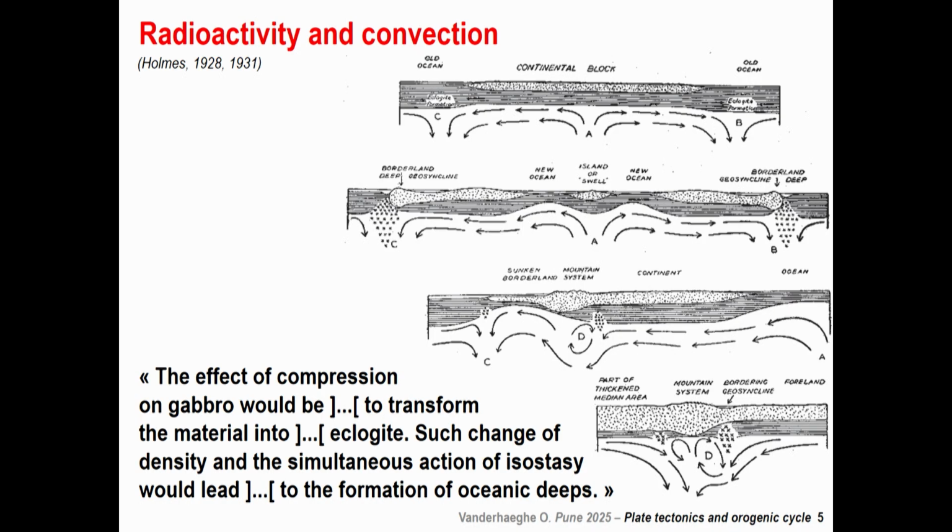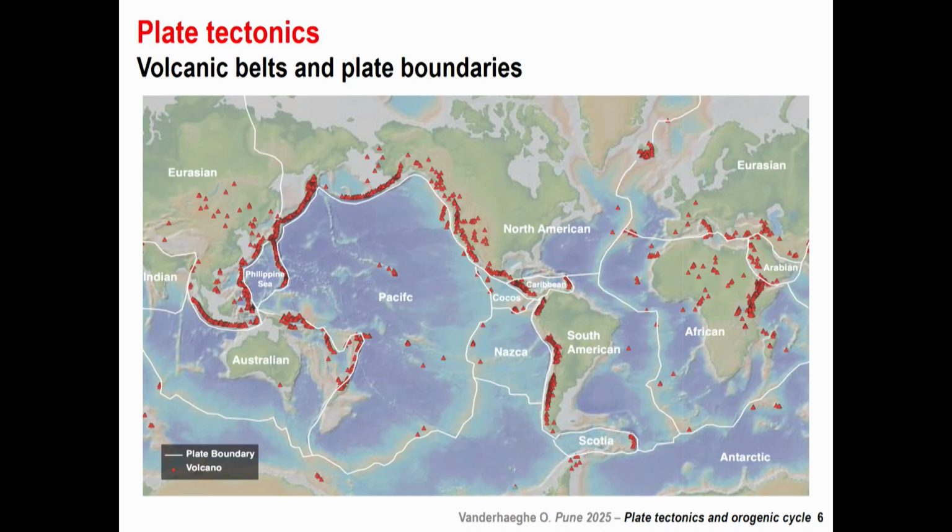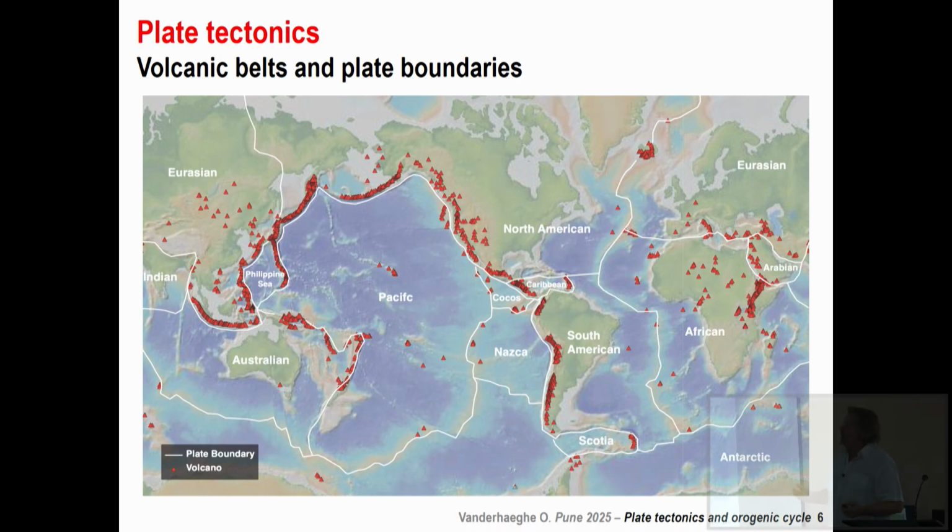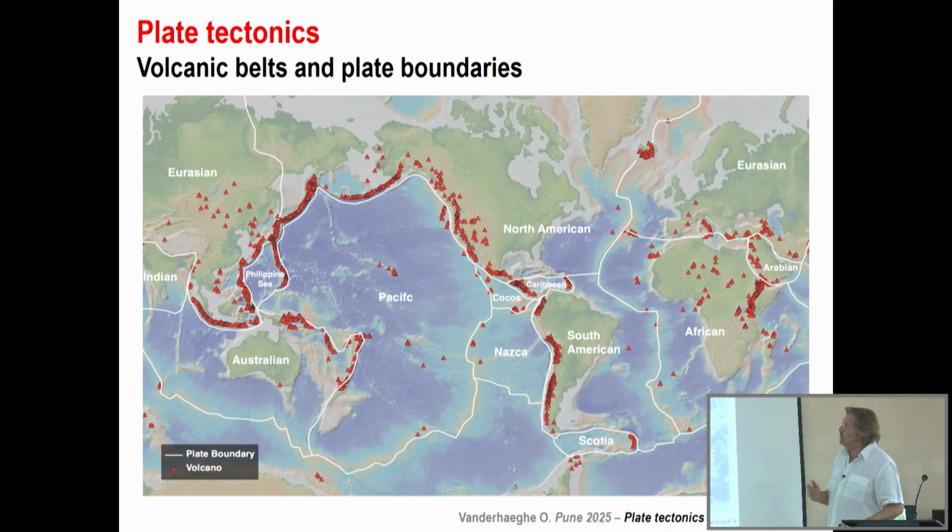And he also put mountain systems in there as places where the downwelling occurs. So that's, I think, the first steps for plate tectonics and mountain building, the orogenic cycle. So nowadays, plate tectonics or lithospheric plates are identified thanks to localized volcanic activity